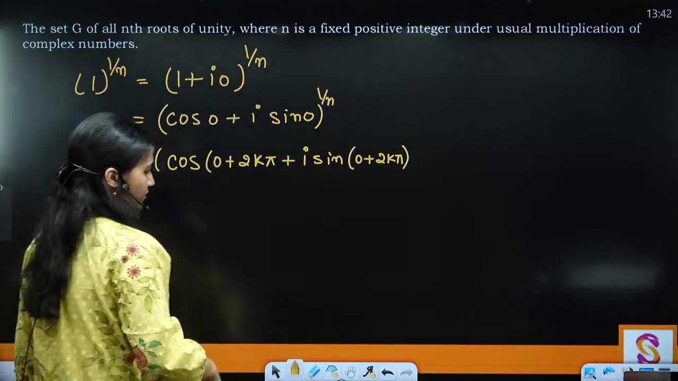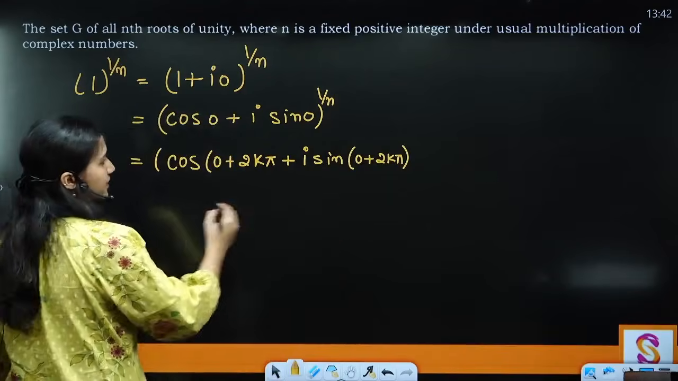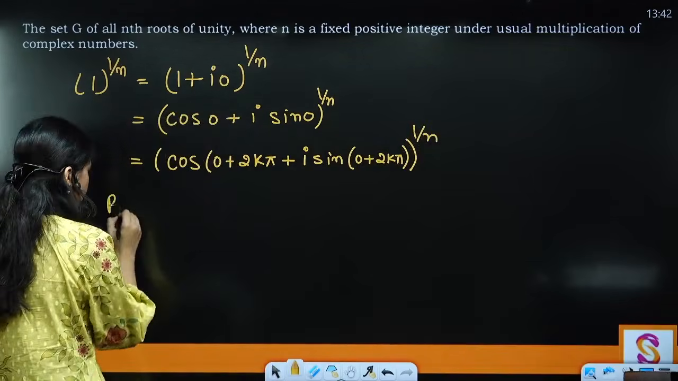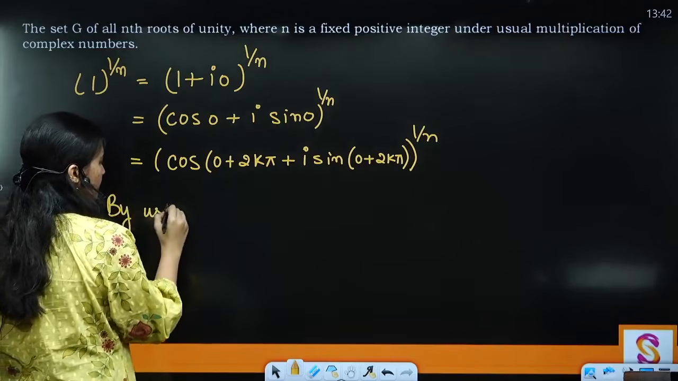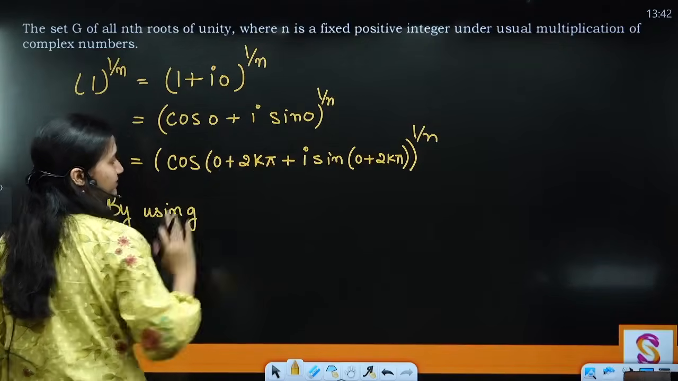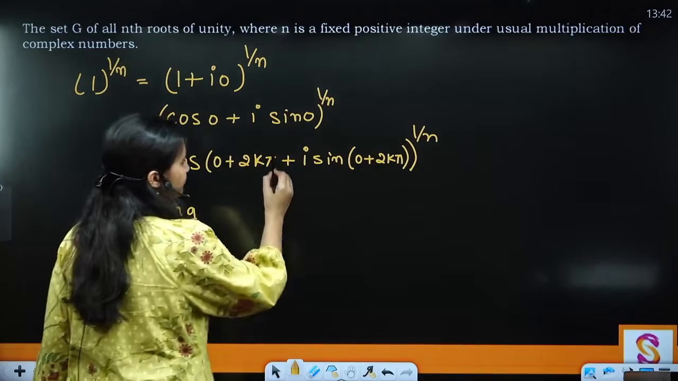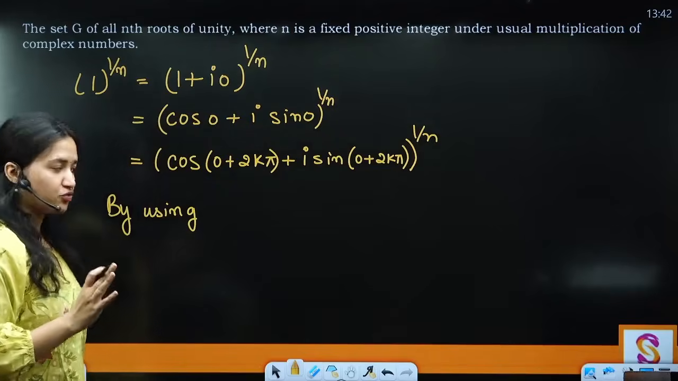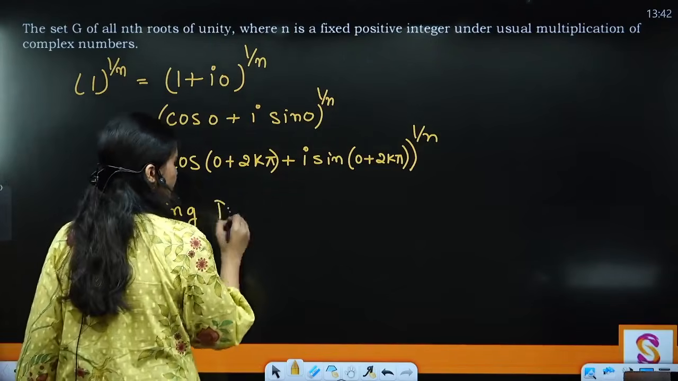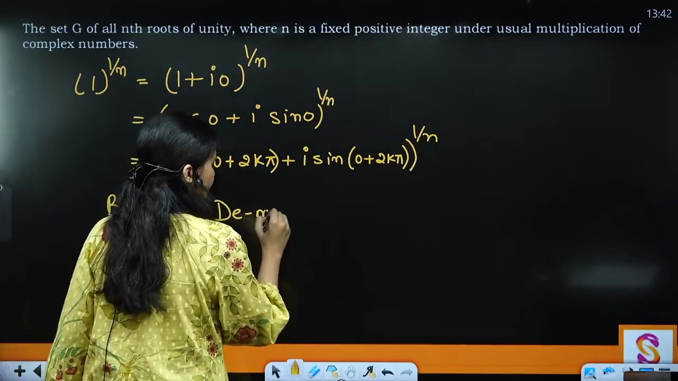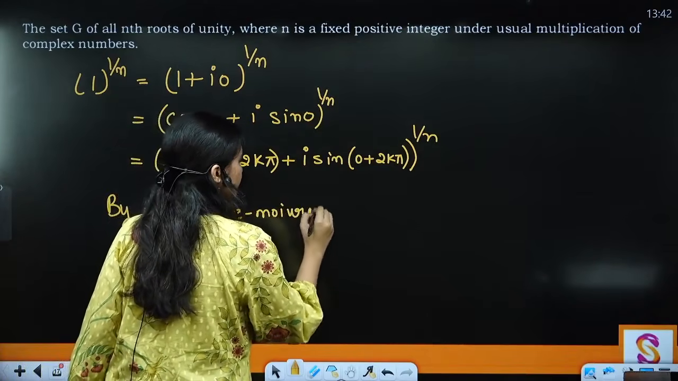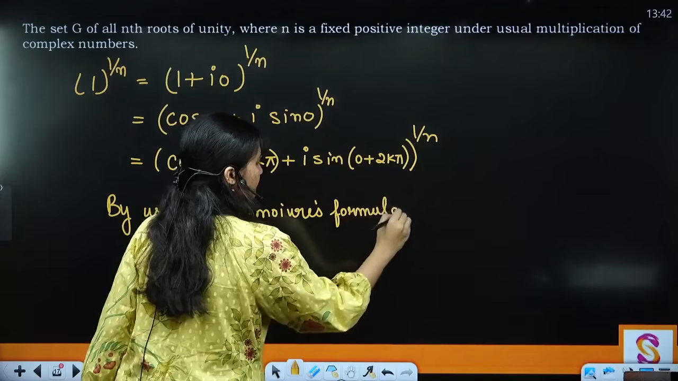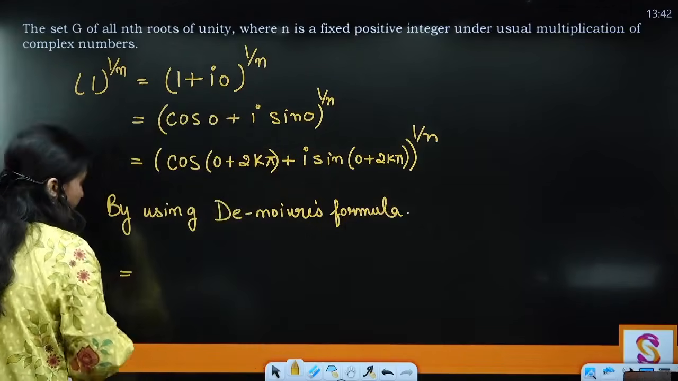Okay, we can take it to the next slide, problem in that, and raised to the power 1 by n. Now by using, I hope why I am writing this is pretty clear, that the values of cos and sine repeat after intervals of 2 pi, right? By using De Moivre's formula, I can write the given expression as